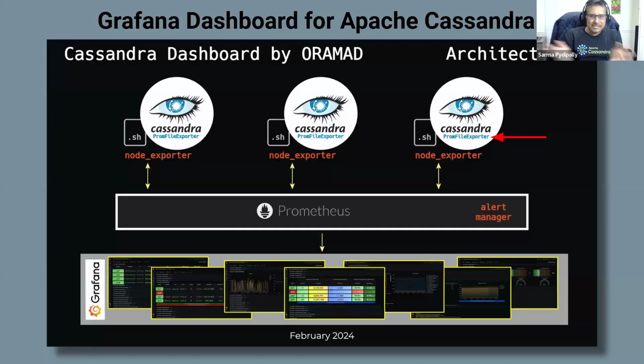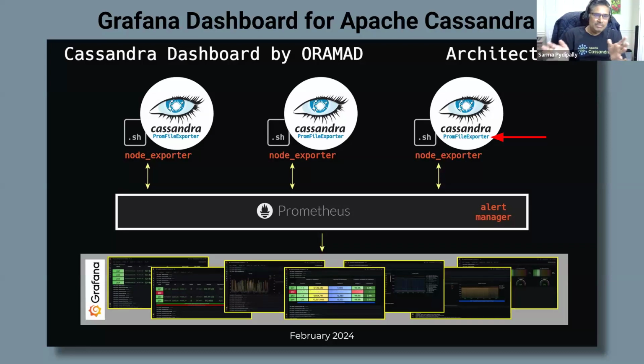Okay, let's talk about how we use this agent. Obviously, you have this agent plugged into every Cassandra node. As I mentioned, when you get the metrics, you get 20,000 or 40,000 metrics. There is no use in publishing that to Grafana. It's just an overwhelming amount of data, and most of the metrics may not make any sense. So we need to do some processing, and I chose to do it via shell script. I'm good at shell scripting. I believe I'm good at it.